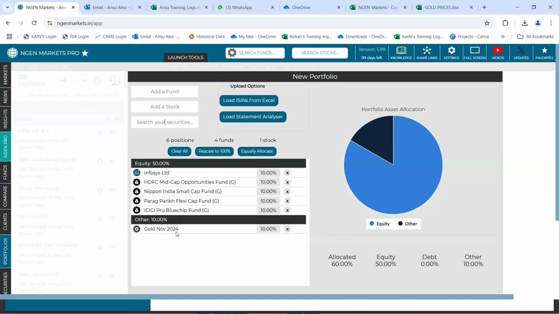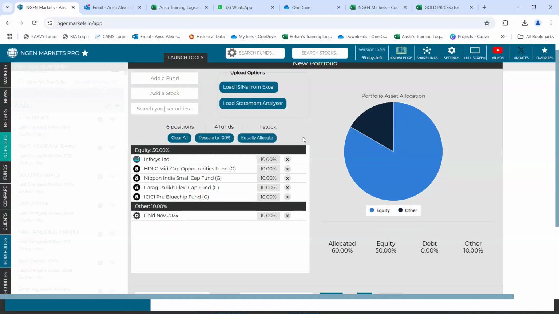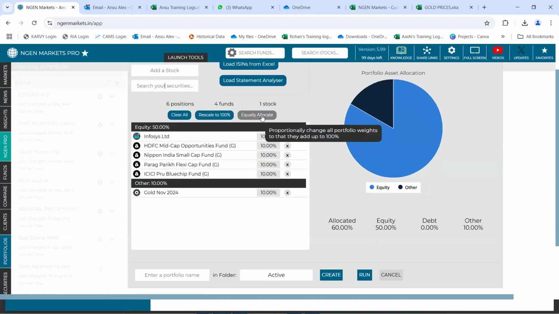So these have currently gotten added in. Let's say for now, I equally allocate these portfolios, these funds or schemes in my portfolio. Next, what you need to do is give a name to this portfolio. Let's say I'll highlight this as,